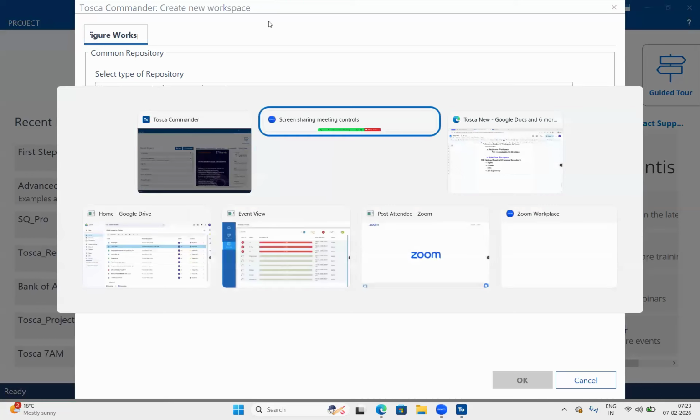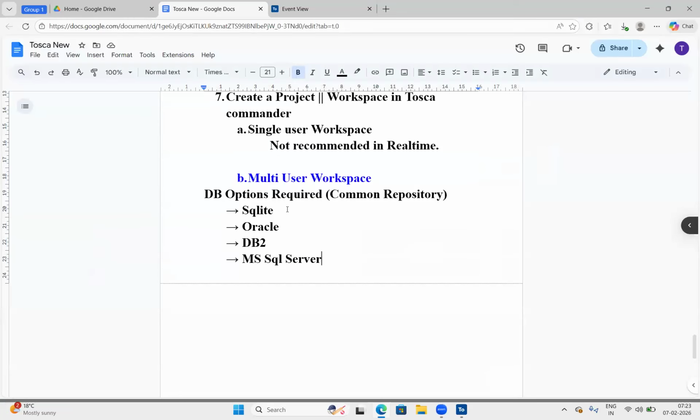Here, team, in real time, SQLite is used only for POC purposes. In simple words, this repository is a kind of replica for demo or learning purposes. That's it.